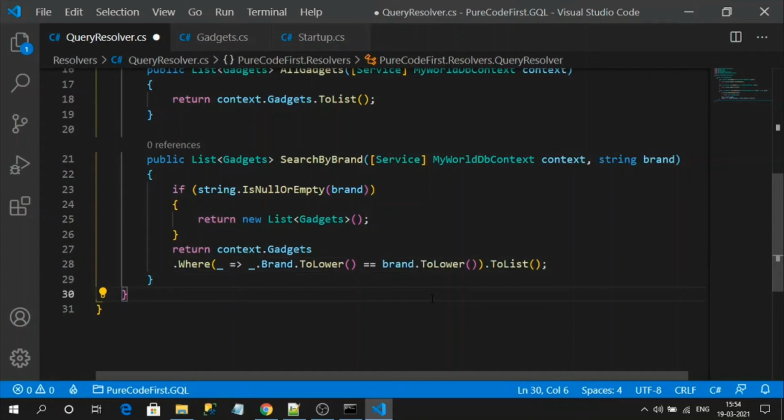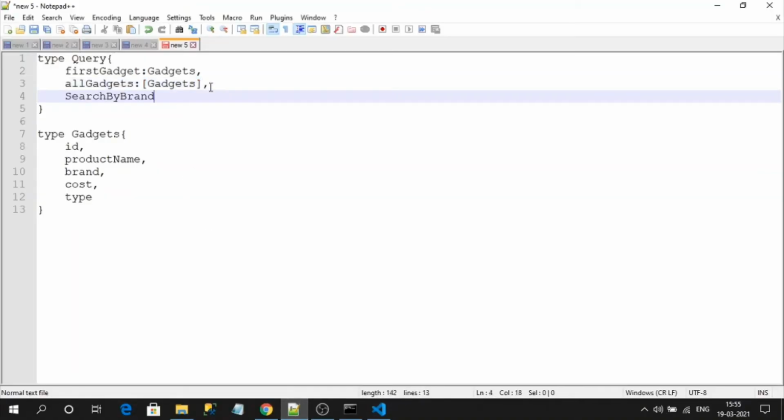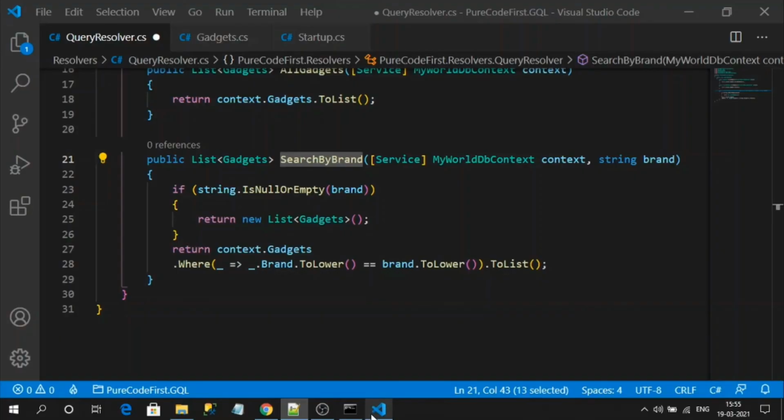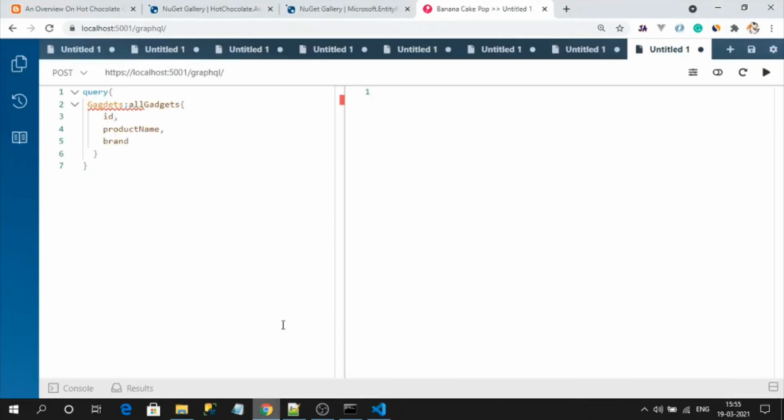First, let's understand how the schema will be generated. Let's copy the resolver name. So the schema will be generated like this, with a small s. Since it has an input parameter or query parameter, right, what is the variable name? Brand. It will generate with the same name only.